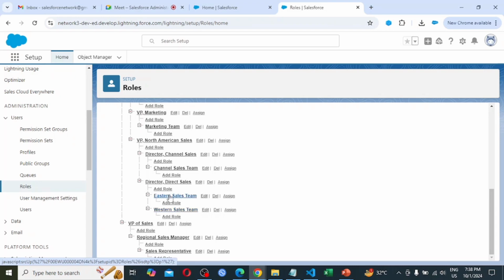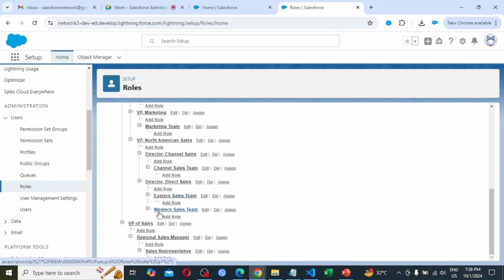Suppose Eastern sales team has their own data, a couple of records they are owning, and Western sales team has their own data. So there is an interview question: Western sales team wants to delete the Eastern sales team data. Is it possible?